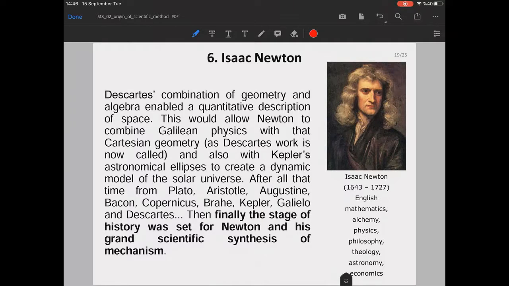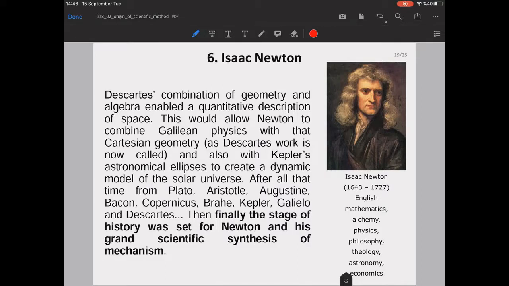Then came Newton. Descartes' combination of geometry and algebra enabled a quantitative description of space. This would allow Newton to combine the Galilean physics with that Cartesian geometry. Descartes' work is called Cartesian geometry now. And also with Kepler's astronomical ellipses, combining all of them together to create a dynamic model of the